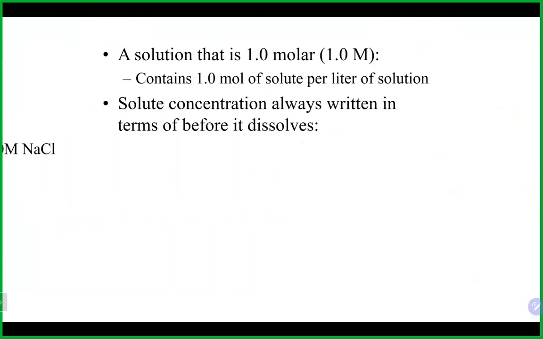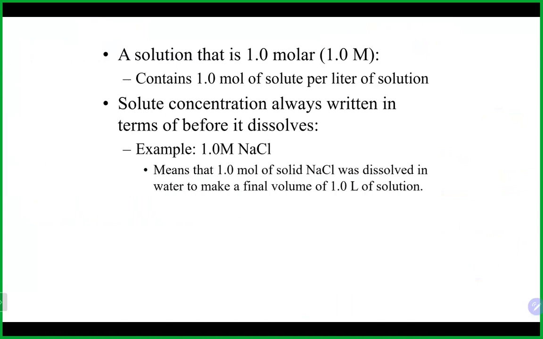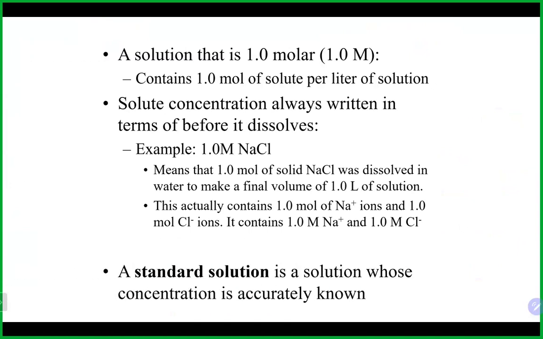Now, when we have a solution that dissolves, say a 1 molar solution of sodium chloride, that basically means 1 mole of solid sodium chloride is dissolved in water, and that gives us 1 mole of sodium ions and 1 mole of chloride ions. Sometimes we're interested not in the molarity of the entire ionic compound, but in the molarity of the individual ions floating around in the solution. And we could use the molarity of the whole compound to figure out